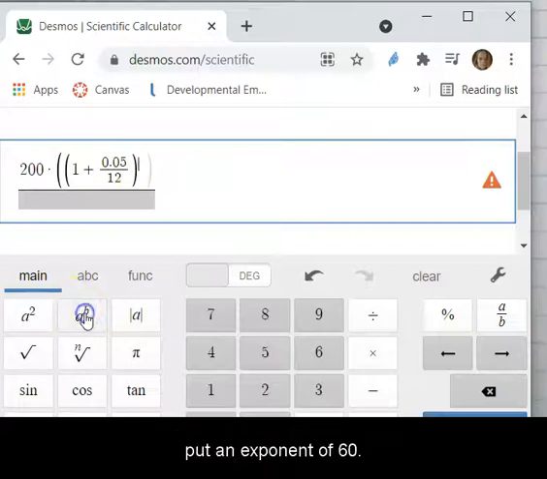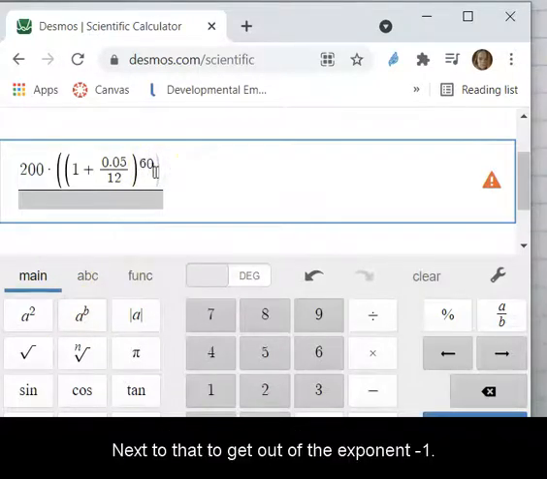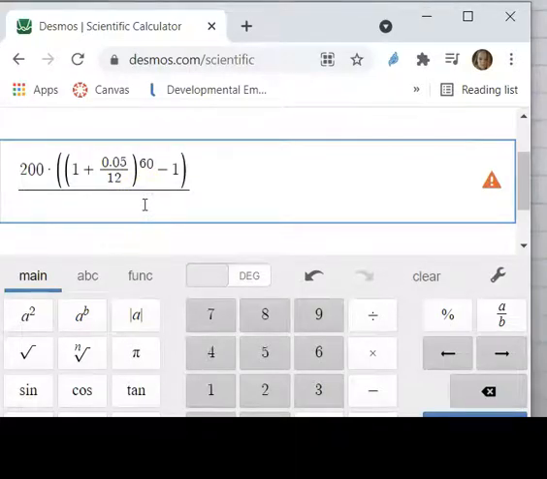We want to put an exponent of 60, and then we'll click next to that to get out of the exponent, minus 1, close parentheses, and on the bottom we have